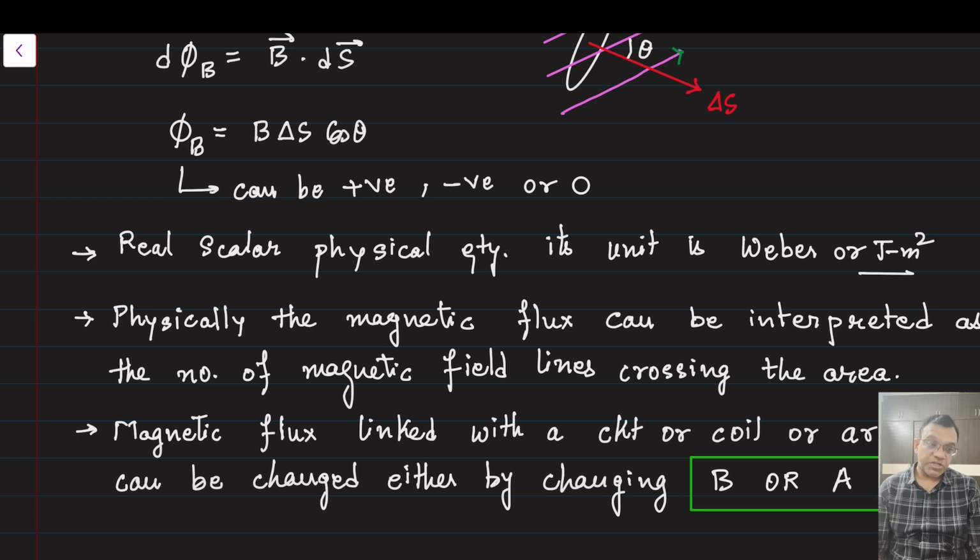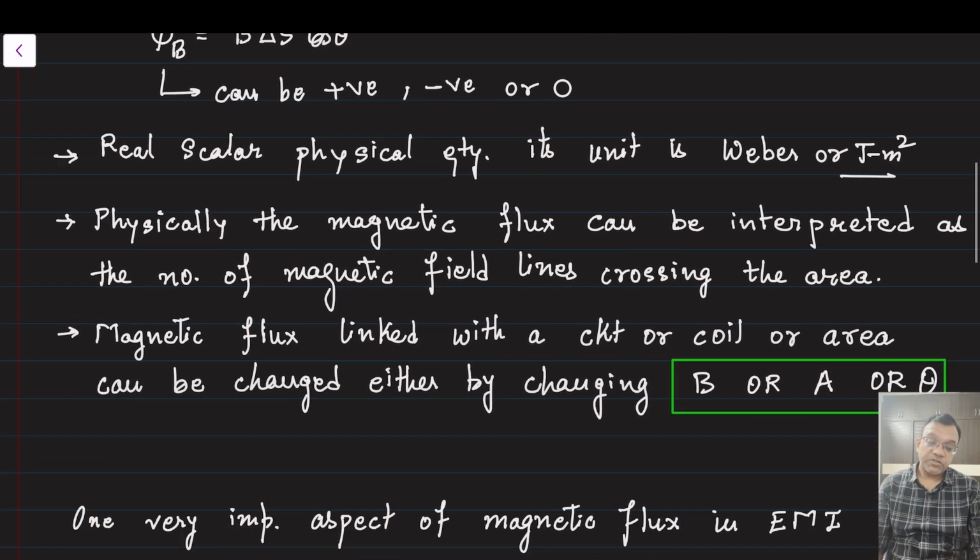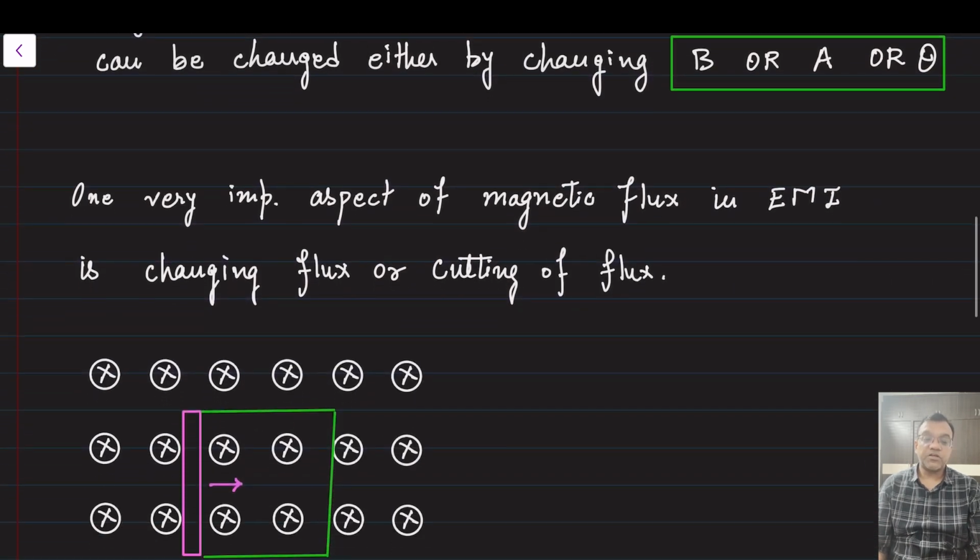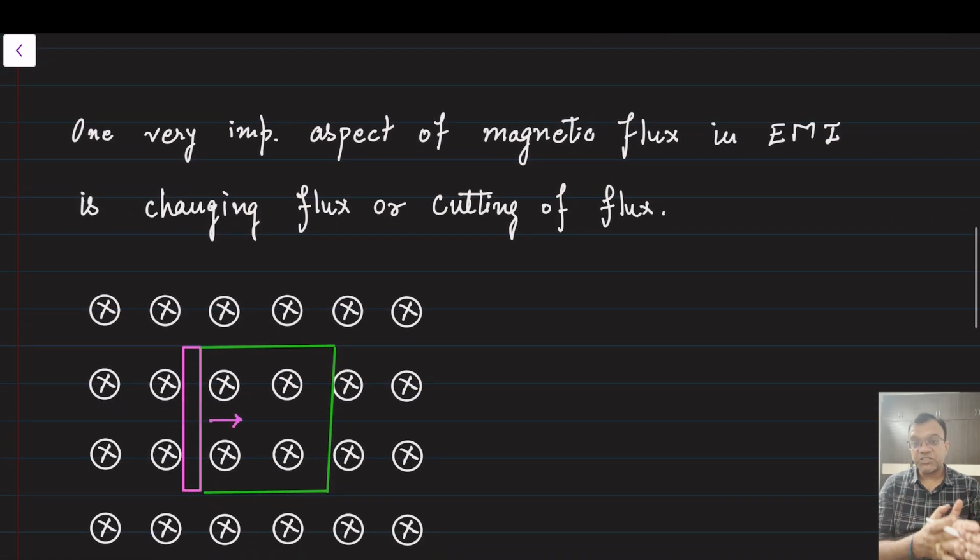So if you want to change the value of phi, the magnetic flux, you can change it either by changing B, or A, or theta, or any combination of these. You can change B and A, you can change A and theta, you can change A, theta and B, all the things. Now in this chapter, one very important thing is cutting of flux. Changing flux and cutting of flux mean the same thing. Now you must know the meaning of the words cutting of flux also. Cutting of flux means